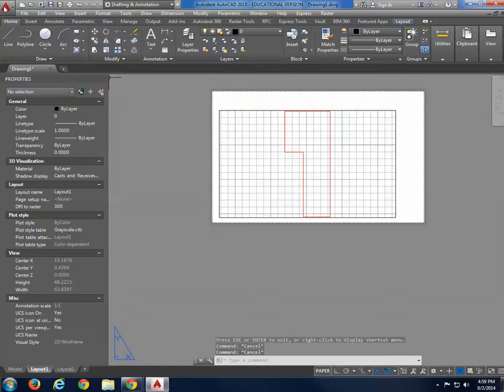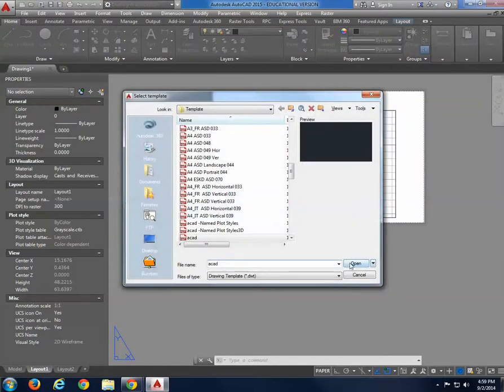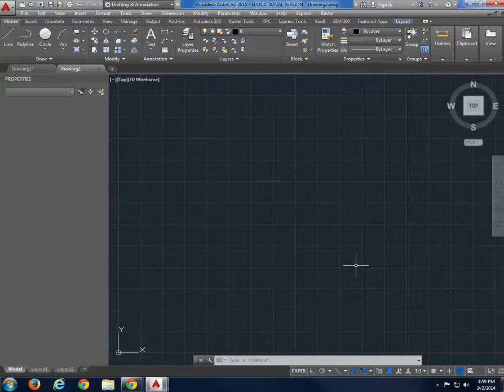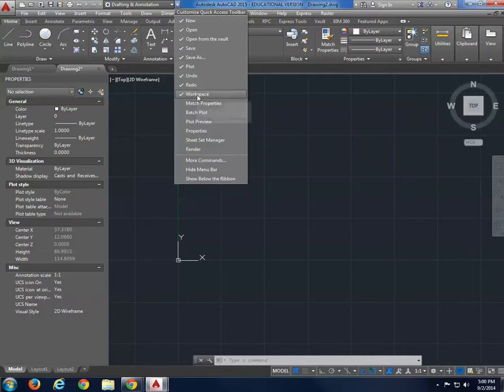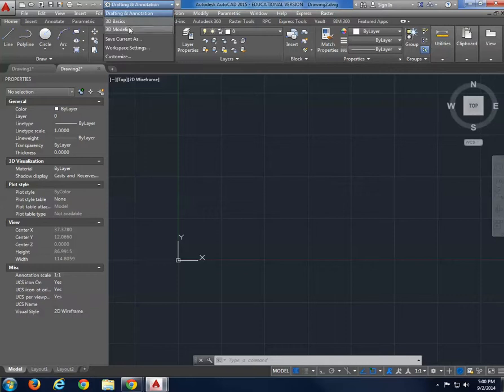I'm going to do a new file. Say open. And I'm going to go from drafting annotations to 3D modeling here. Now, if you don't have this option, I think you can click here and search for workspace. Okay, that's the one that shows that. So you change that to 3D model, and